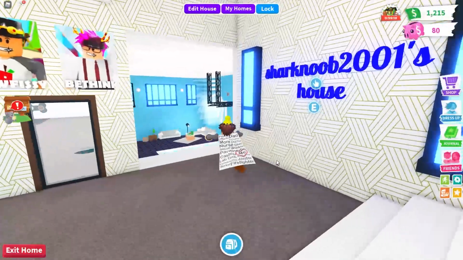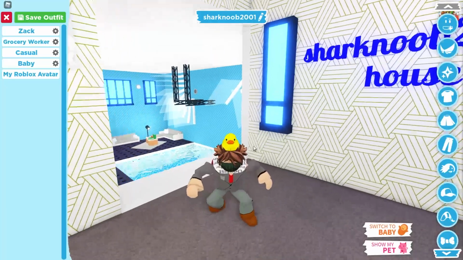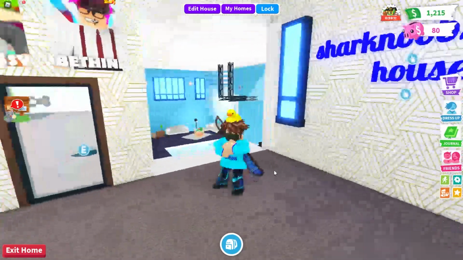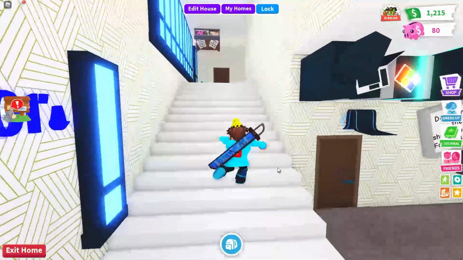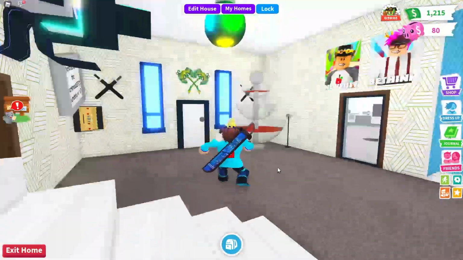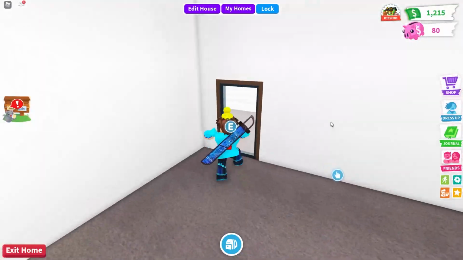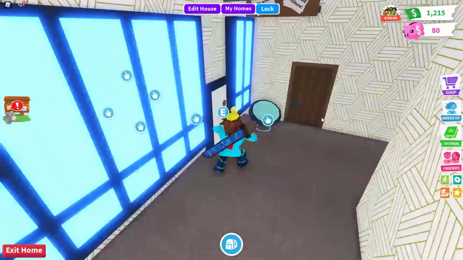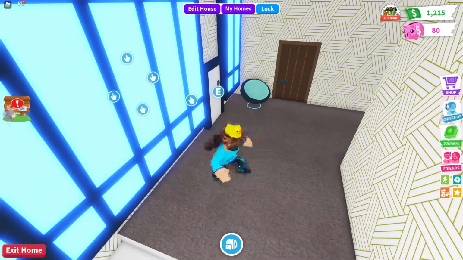So this is the modern house. Also, this still has my Roblox avatar, or my old one. I think I just do that to change to my current one. There we go. So because it's a futuristic house, in the future we'll have stuff on the ceiling. But back in 2017, there wasn't even houses or pets or many of the other things in the game. Like, I did play this game a lot at some point.